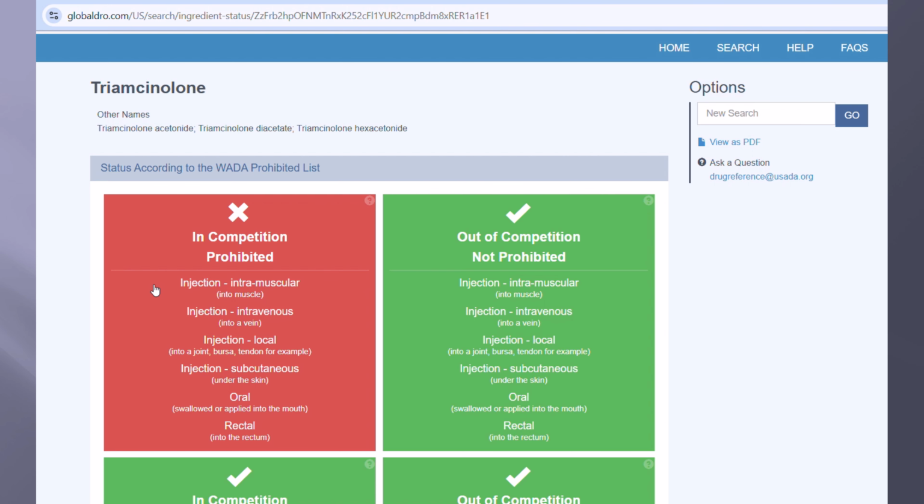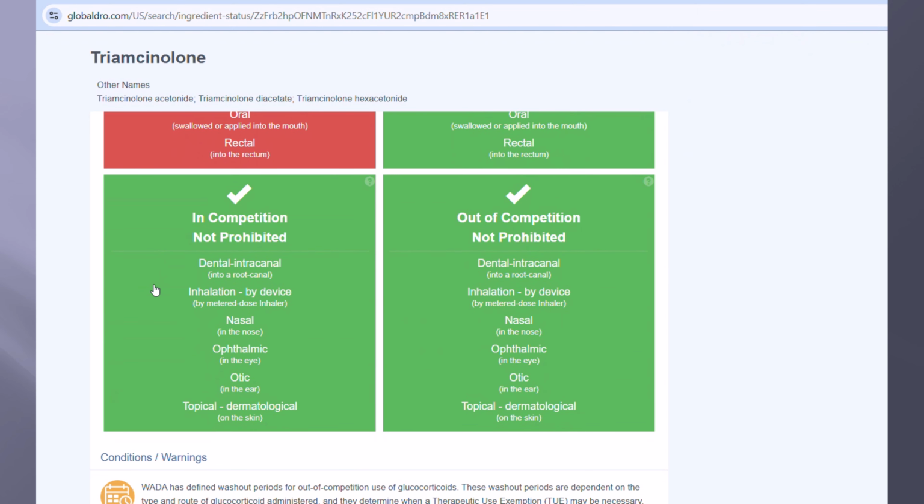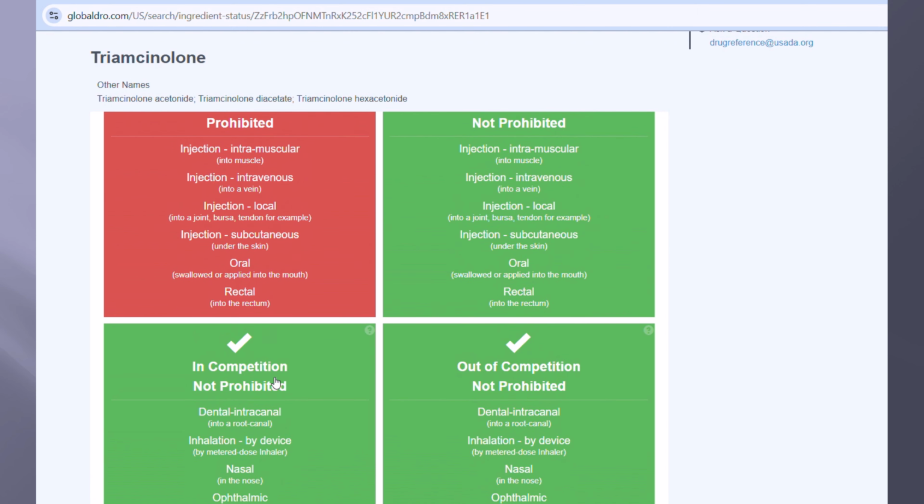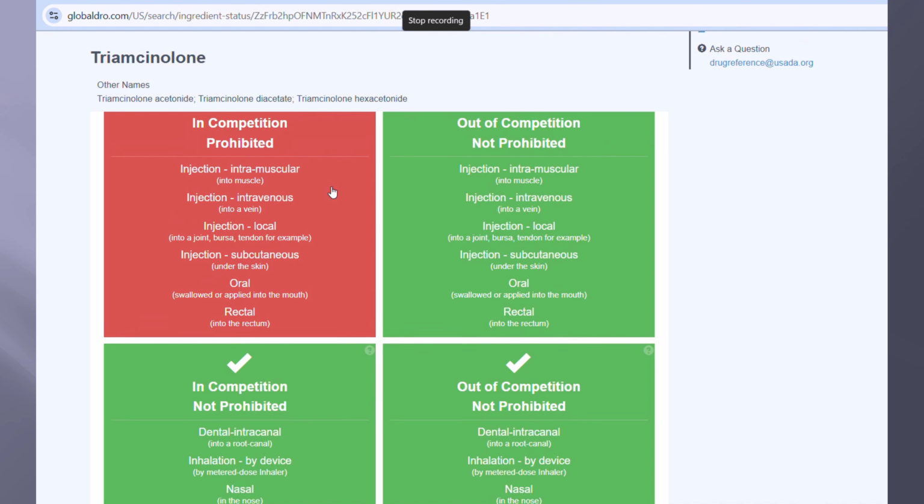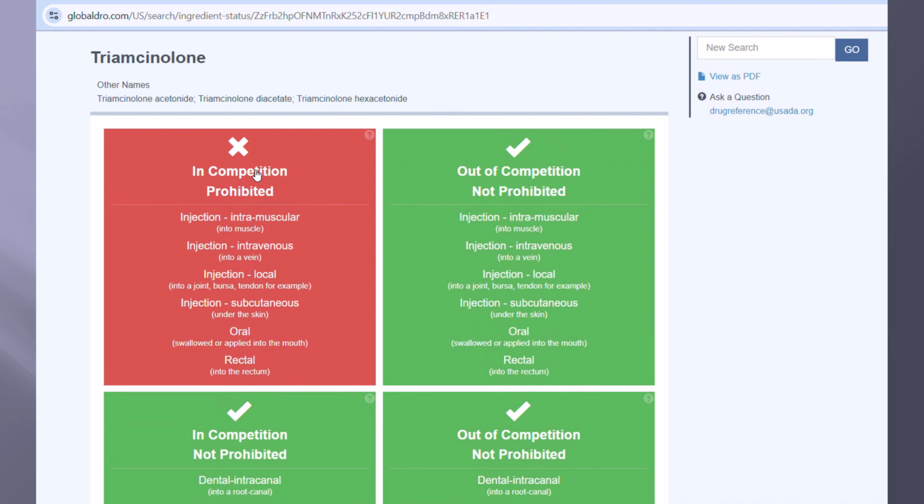So basically systemic use. And you'll see below that there are some examples of other routes that are not prohibited in competition, and those are typically local use or for local effect. But always look up the specific route of administration when you're considering glucocorticoids. And if using a route that is prohibited in competition only, we again need to abide by the washout periods.